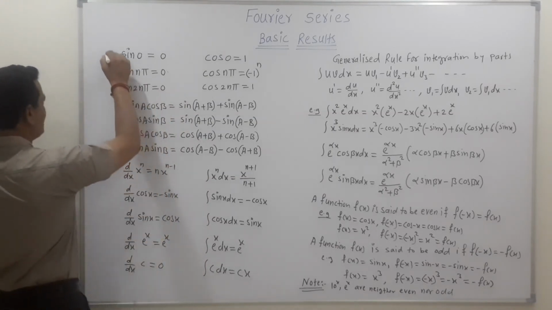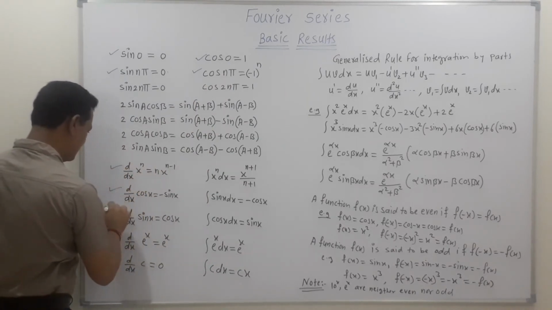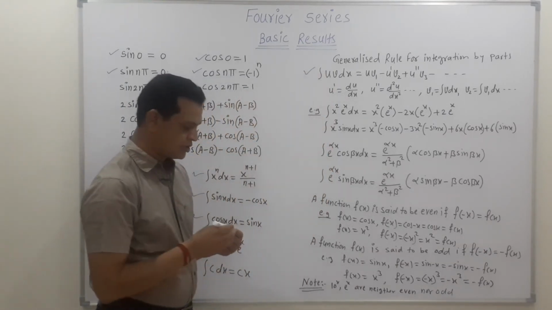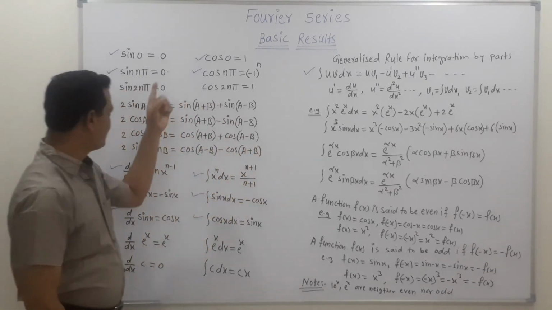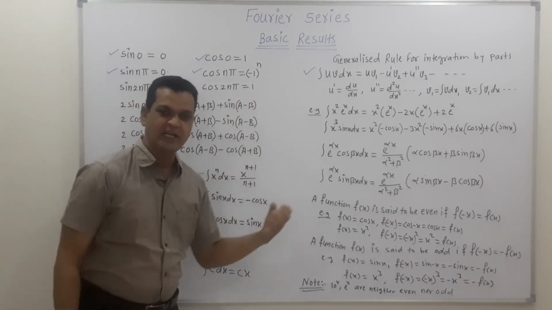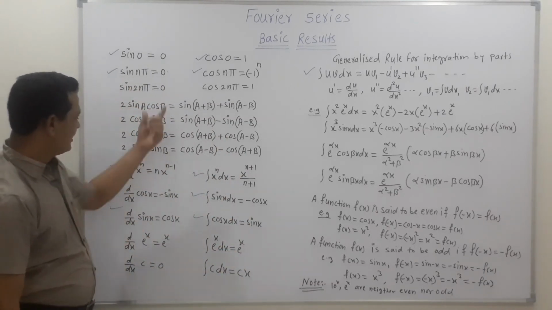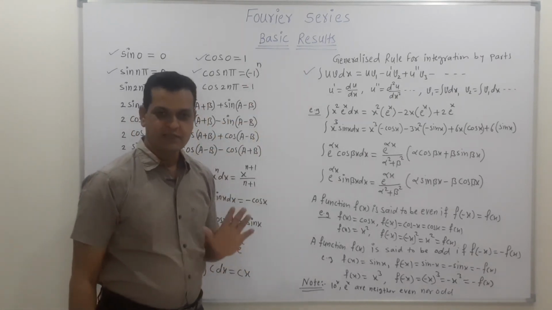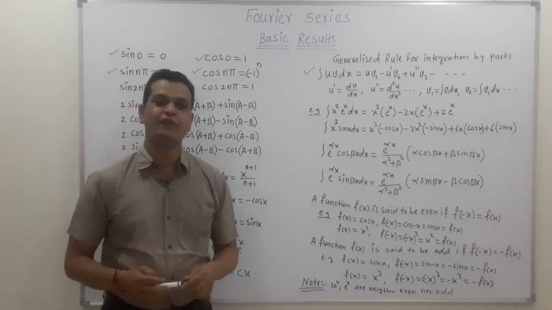Out of these definitions, this first definition, this second definition, then again this rule, this rule, this rule, this one, and this one, and again the general rule for integration by parts, all are important, no doubt. But the rules which I have marked are definitely useful for solving each and every example of the Fourier series. So we apply all the rules marked by this sign for solving every example of the Fourier series. Just now we have discussed the basic results which are related to the Fourier series.